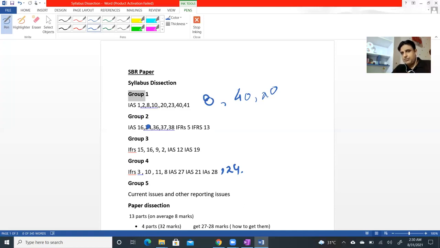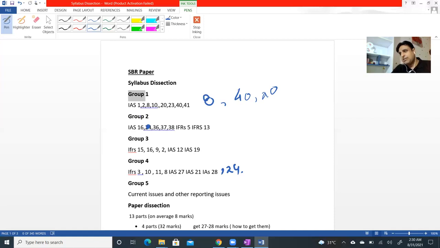Now, if you move towards group 3, it has the most difficult part of the syllabus, the big ones. This part includes IFRS 15 revenue, 16 leases, IFRS 9. I have just written IFRS 9, you know, the other accounting standards are also related with financial instruments. I am basically talking about financial instruments. IFRS 2 share-based payments, IAS 12 tax, and IAS 19. These six accounting standards